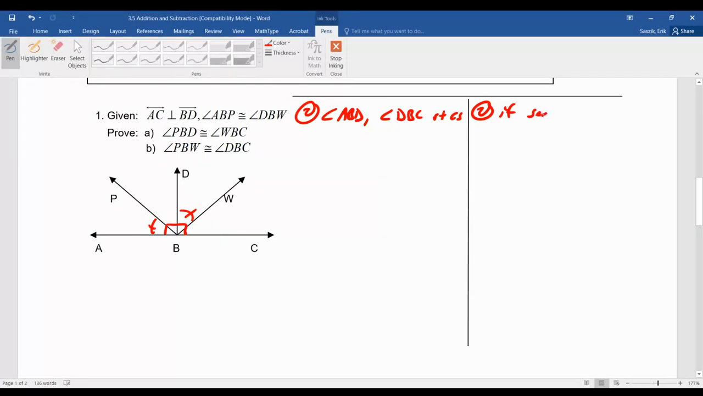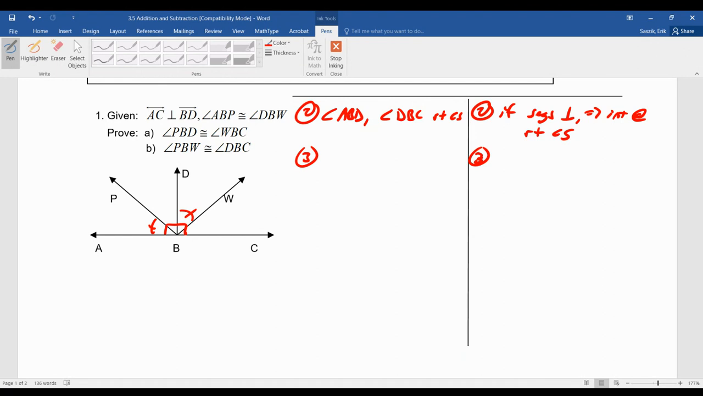If segments are perpendicular, then they intersect at right angles. Now, what we did before in an earlier sheet, we said that these angles were complementary and these angles were complementary, and then we said this was congruent to that because angles complementary to the same angles are congruent, and that's true. And we could do that again here, but there's another method that we could do,